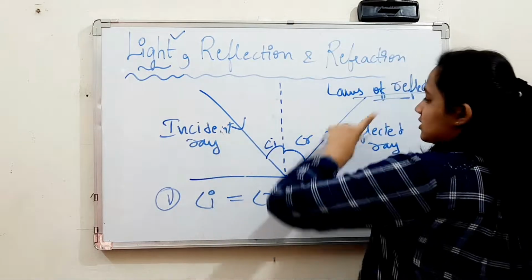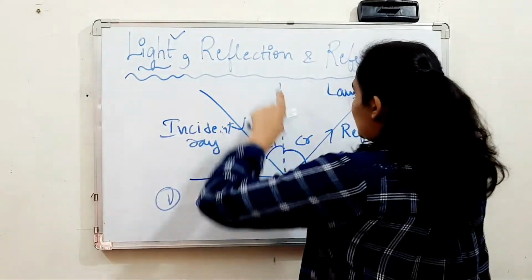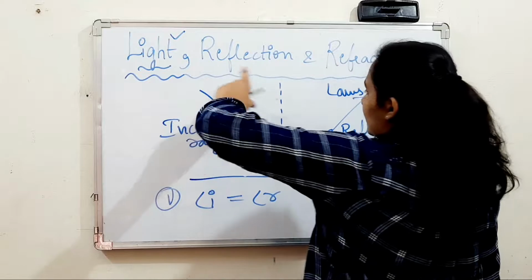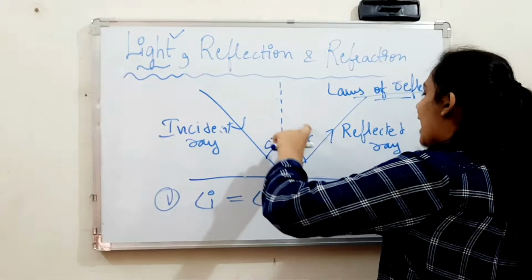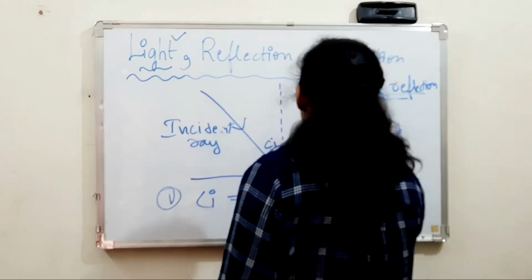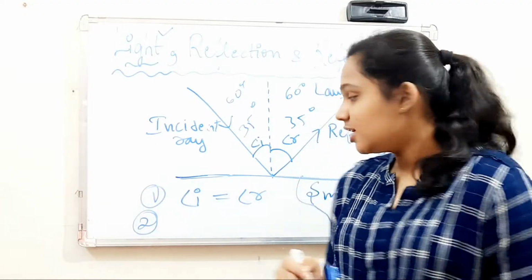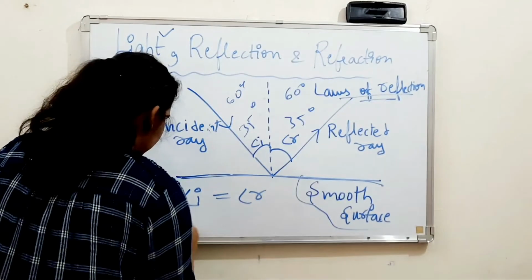This is incident ray, this is reflected ray. Incident ray comes here and makes an angle between incident ray and the normal. Angle of reflection is formed between the reflected ray and the normal. Okay, got it. Now the second point is that incident ray,